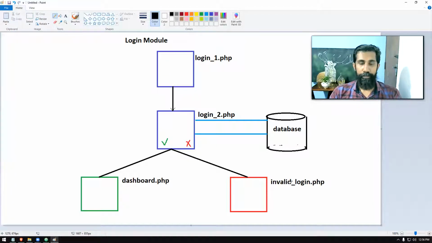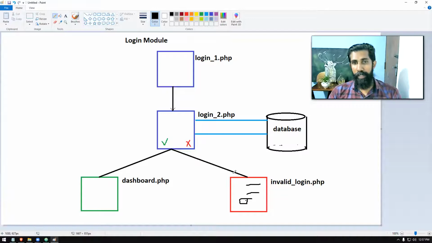It's simple. Here also we expect the user to type the username and the password once again, because on the same screen, once you hit the OK or login button, it again takes the user back to the login2.php file. Once we come here, we check the new username and password the user has entered against the database table. If it matches, we send the user to the dashboard. If the second time the user has made a mistake in the username or the password, we still send them to the invalid login part. So this is the mechanism, or the storyboard, a very low level wireframe design I just showed you.